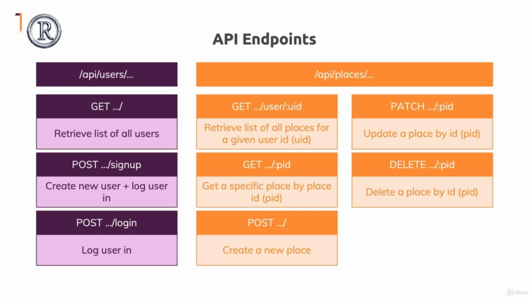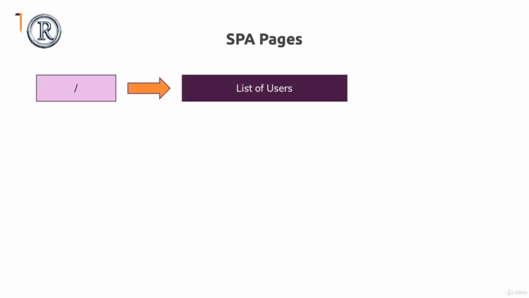Now let's have a look at the front end. We already sketched it out, but now let's plan the specific page components we need there. So on the front end, we got a couple of pages, and namely when we open the app, when we just visit this website for the first time, we are on mycoolpage.com/nothing. What should be visible on this starting page? Well, I want to show a list of users there. So this list of users where we can click a user to then be taken to the places of that